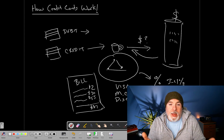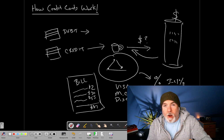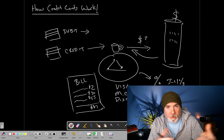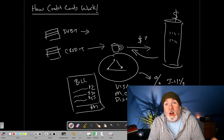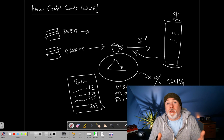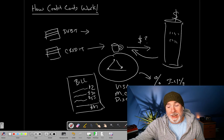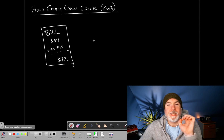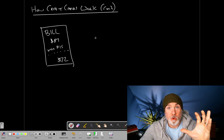same product. And this is what's frustrating: the people who are trying to avoid debt, doing the right thing, or the people who can't even get a credit card in the first place because of their financial situation, you're essentially paying more, to the tune of hundreds, if not a couple thousand dollars every year, for the things you buy, compared to someone who uses a credit card and gets those rewards back. Just food for thought. Okay, guys, let's continue with,